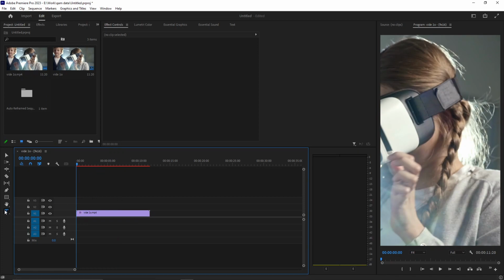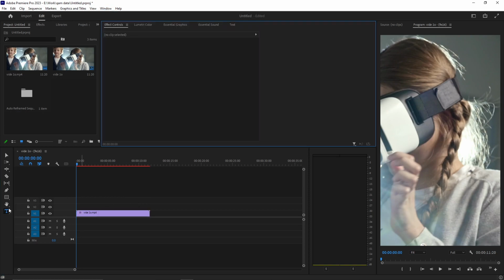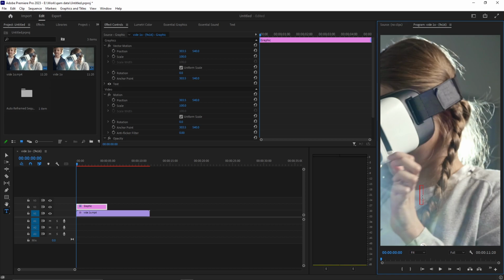So what I'm going to do, I'm going to select the type tool. Well, this workspace is for vertical videos. You can also have that by going to Window and going to Workspace and selecting this Vertical. So I'm going to add the text on the layer by clicking on it. And here I will write